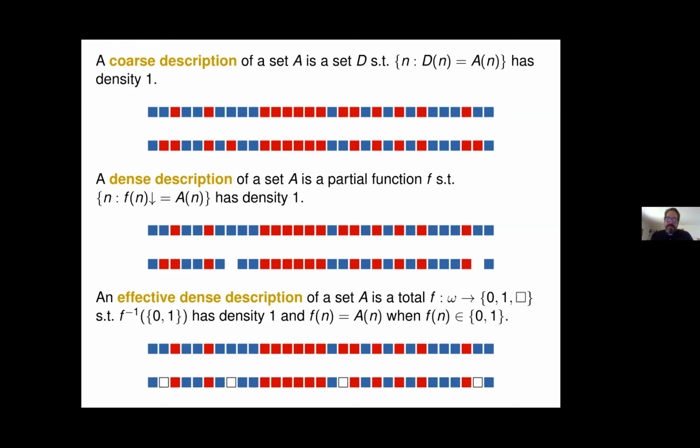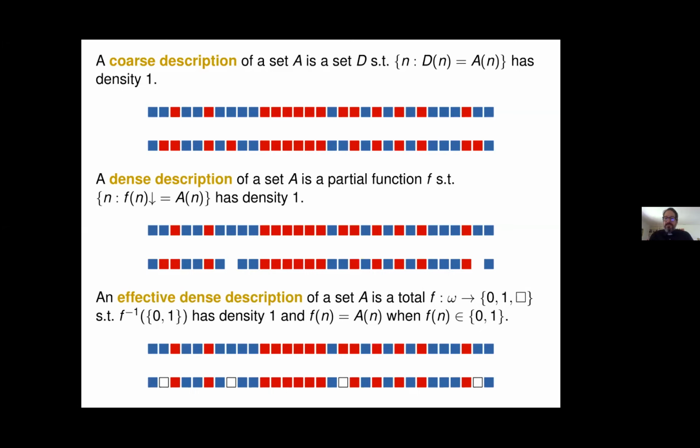So like this, and then there's a few boxes. Now this is different from a generic description. And the easiest way to think of it is to think about the computable versions, right? A computable generic description is a partial computable function that might diverge in a few places. A computable effective dense description is a computable total function that in a few places just converges but says, "I